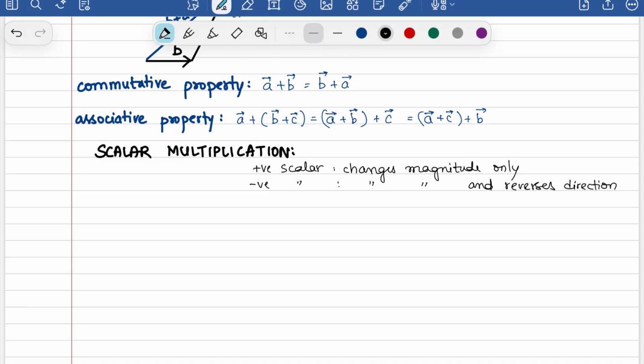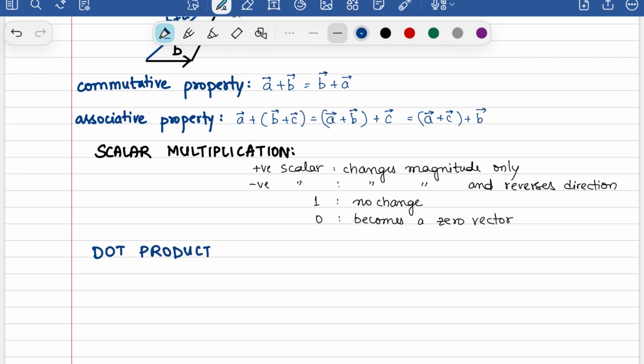If the scalar value is equal to 1, then there is no change at all. And if the scalar value is equal to 0, then it becomes a 0 vector, which means that if you multiply 0 with a vector, your end result is not a scalar, it's still a vector. It would be a 0 vector. So there is some direction information that is lost, but the magnitude is 0. Okay, that's somewhat straightforward. Dot products, though,